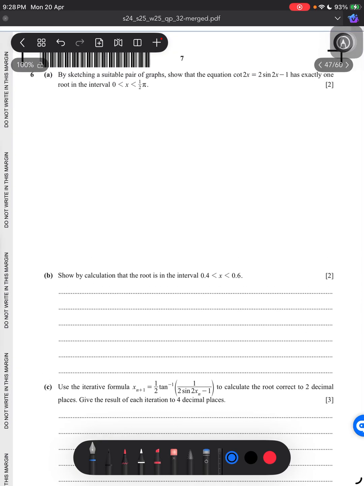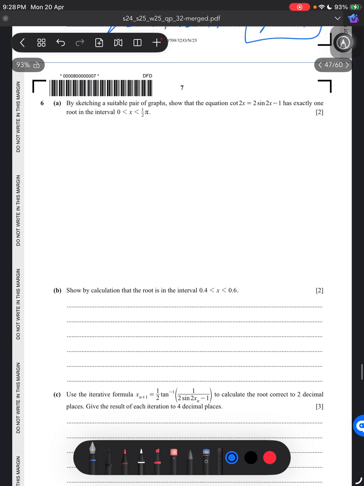We have question number 6 of October 2005. In this we need to plot the sketch. So we know that y equals cot of 2x. This would be just as, we just have the values